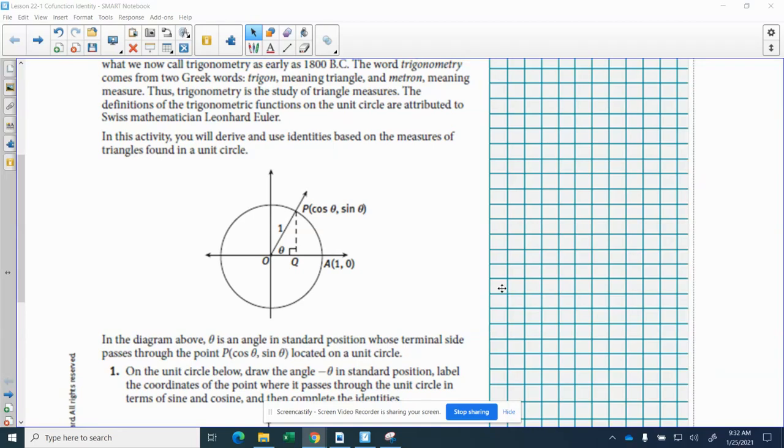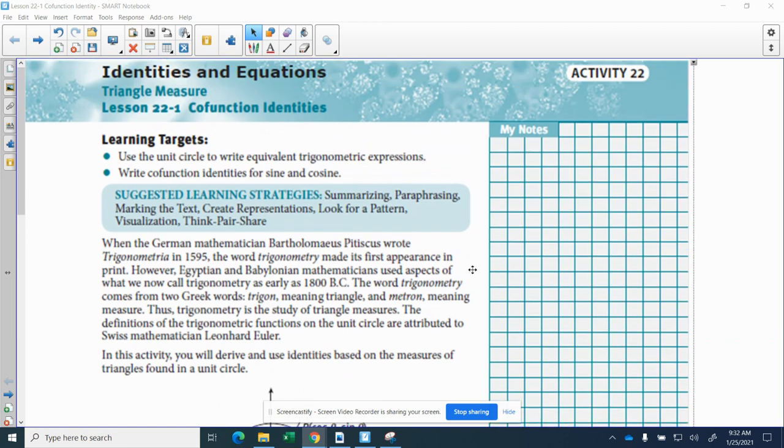What we're going to be talking about today is the co-function identity. One of the key things I want you to understand within this lesson is that the main topic we're going to bring back is always going to be our reference angles, and how, if I have an angle in the first quadrant, I can relate that to the other three quadrants. On top of that,